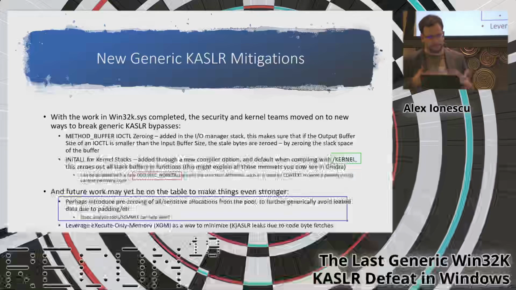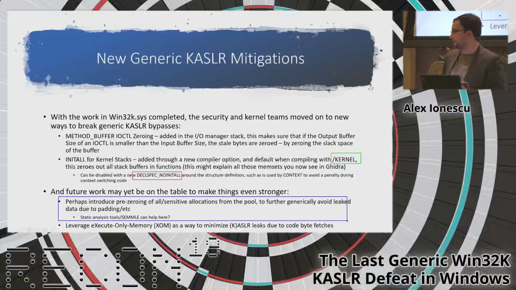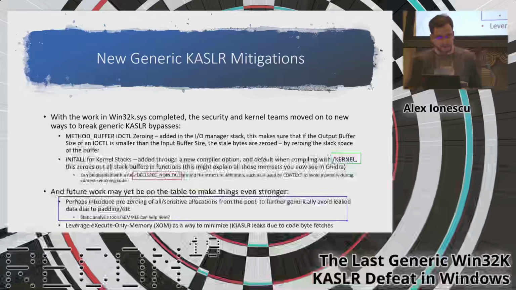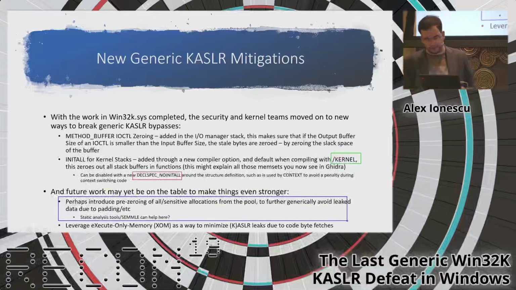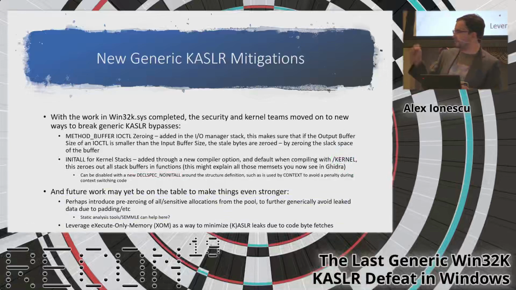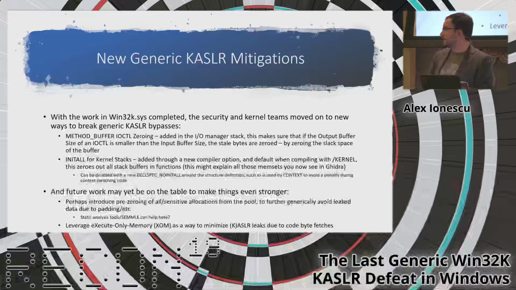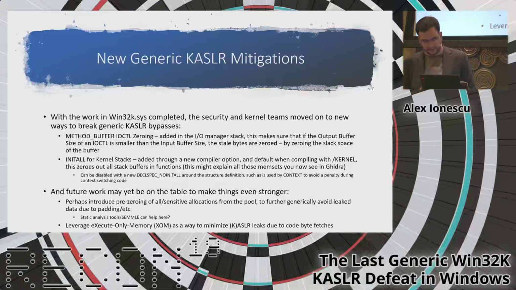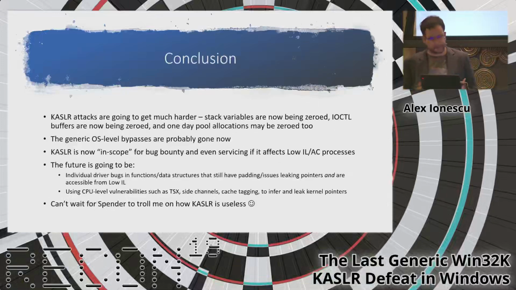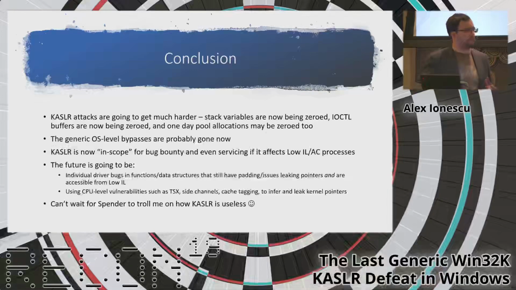And so they're really pushing things to try to avoid leaks of pointers in user space. Another idea that you see implemented on ARM64 and in research is execute-only memory, or XOM. With XOM, you can basically make it so that code becomes unreadable. So code is executable but not readable, and this mitigates ASLR violations when you're able to fetch or read code bytes. So with all these things on the horizon, getting ASLR pointers in Windows is going to get a